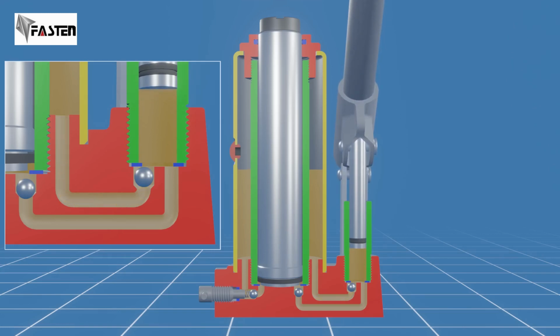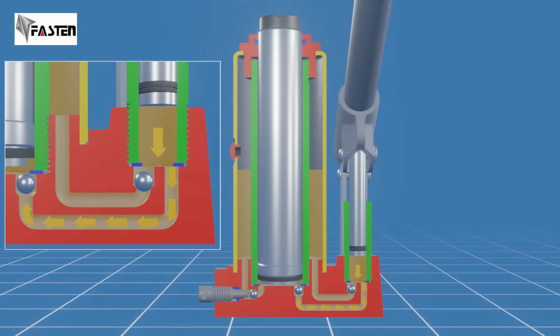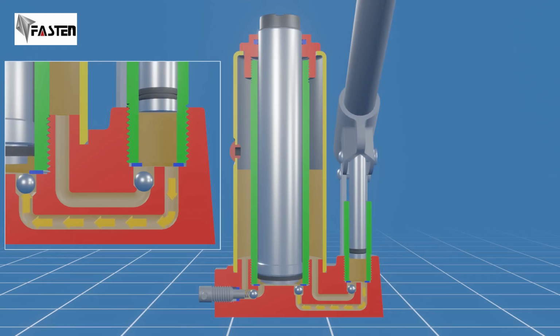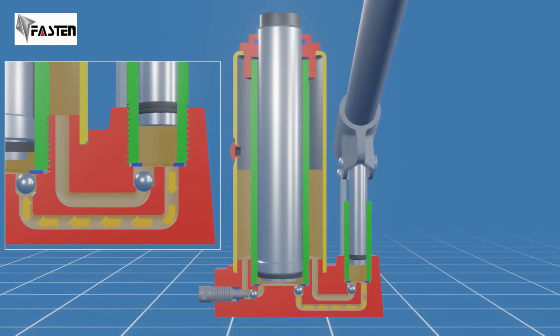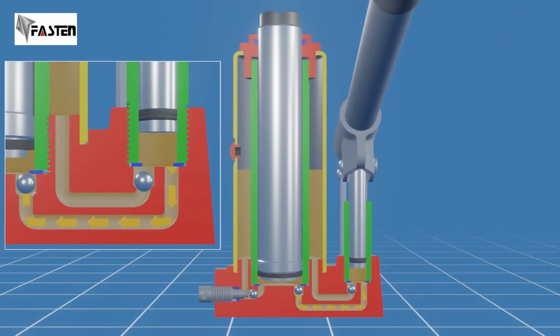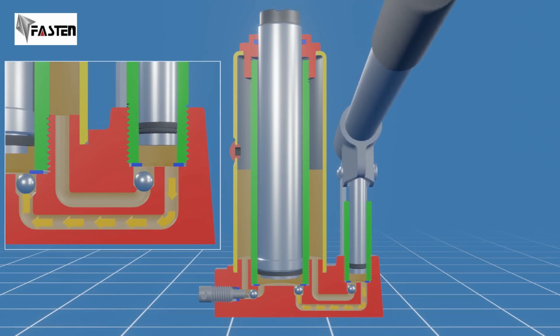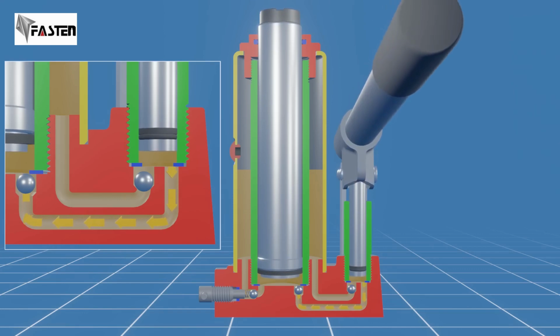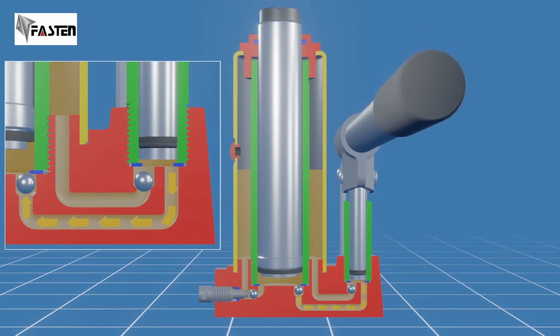As the pump piston subsequently moves down, it pressurizes the hydraulic oil, pushing the steel ball down against its seat, closing off the pathway back to the oil reservoir and forcing the hydraulic oil through the second passage towards the main cylinder. Simultaneously, the steel ball in the main cylinder is lifted by the incoming pressurized oil, allowing the fluid to flow in. As the hydraulic fluid enters the main cylinder, it pushes against the piston, causing it to rise. The piston's upward movement transfers the force to the object being lifted,